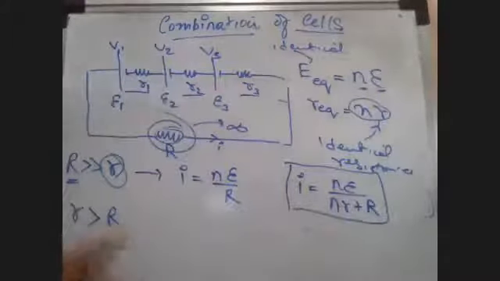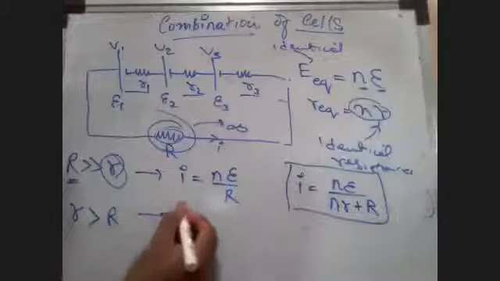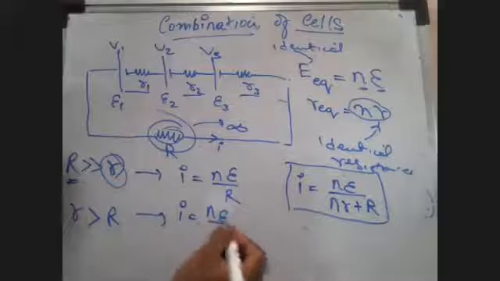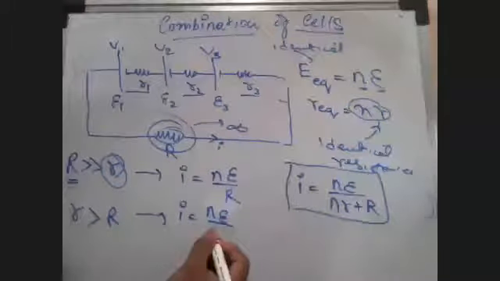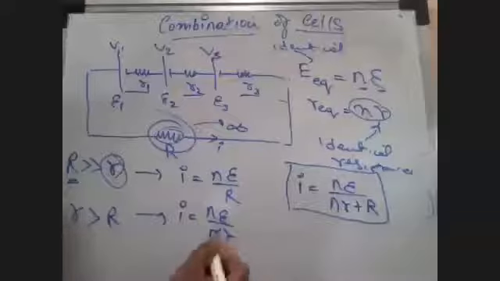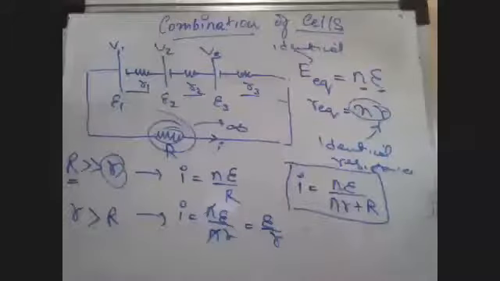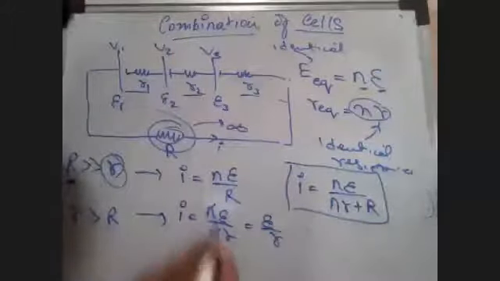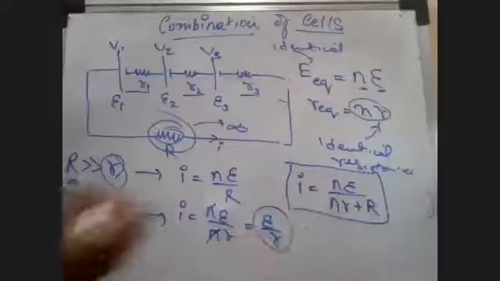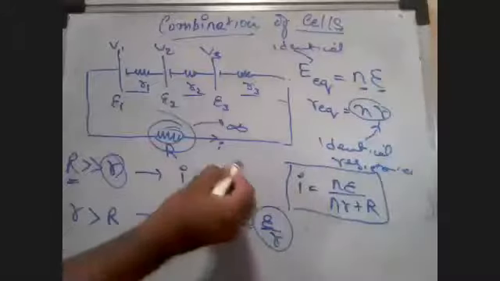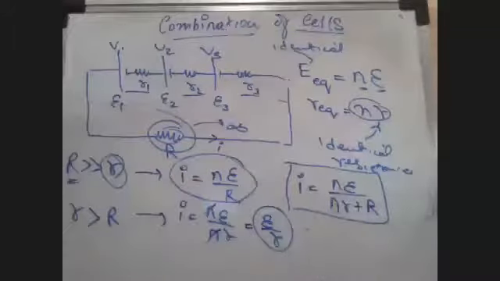In that case, can I write this general expression I is equal to N times epsilon upon, what can I write? Can I write N times r? So in that case, both N get cancelled and we get epsilon by r. So these cases are important, although they are simple. Yes, of course they are simple. But we have to imagine that this N also gets cancelled. And in the end, we get epsilon upon r. So these two cases are important. One is I is equal to N times epsilon upon R, and one is I is equal to epsilon upon r. Okay? Is that understood, everyone? We'll do one small sum.